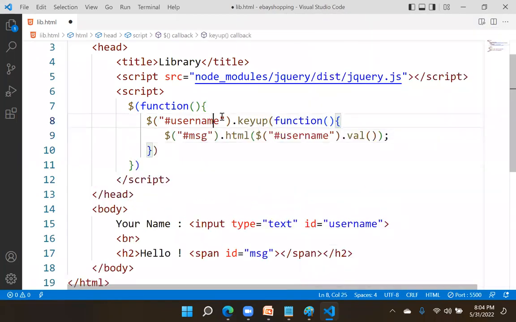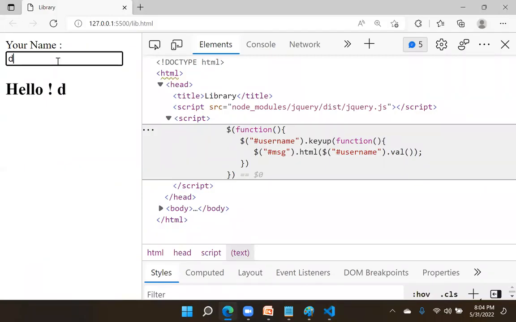That means we need an event to make the library active. Now I am using an event. Now you can see when I am typing, it is working fine. That means the page is loaded, DOM is loaded, library is loaded, but the library is not working. The library is inactive. We have to make the library active. For that, we need to depend on a lot of events. That is the problem with the library.